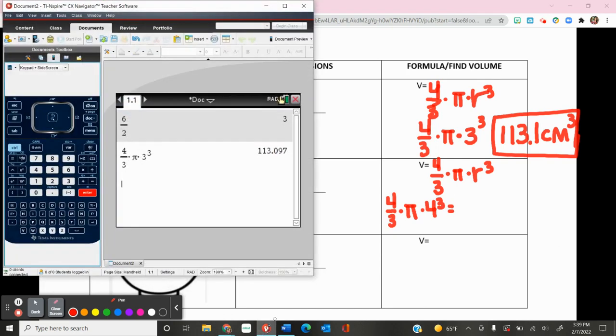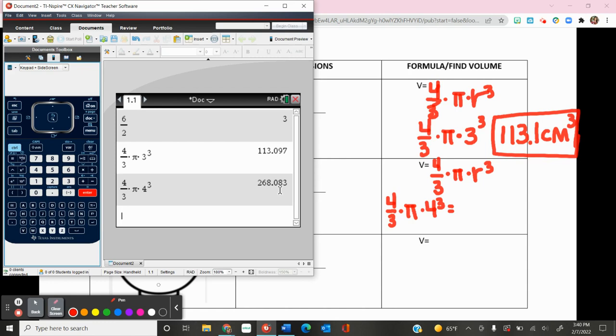So opening up our calculator, we're going to take Control Divide, 4 on top, 3 on the bottom. Make sure you step out of your fraction. You're going to multiply this by pi, and remember pi is next to the letter h. And then multiply that by 4. And then again, to get the cubed, you're going to hit the caret top, and the caret top is right next to x squared, with the exponent of 3. Pressing enter, we get